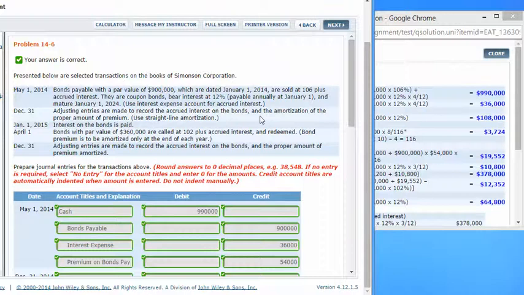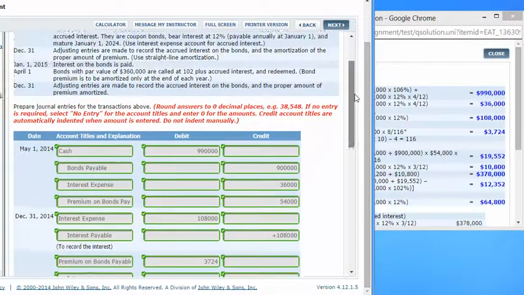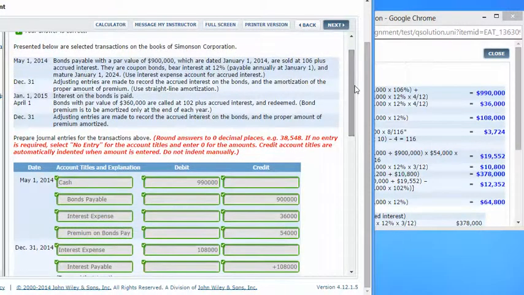So what I'm going to be doing is to walk through the problem and identify certain issues related to the solution that you need to be aware of. Okay? And the point that we want to make here is the fact that there are some nuances related to this problem that become somewhat complicated and a little bit different than what we've talked about before in terms of accrued interest. In any event, what we see here is that bonds payable have a par value of $900,000, which